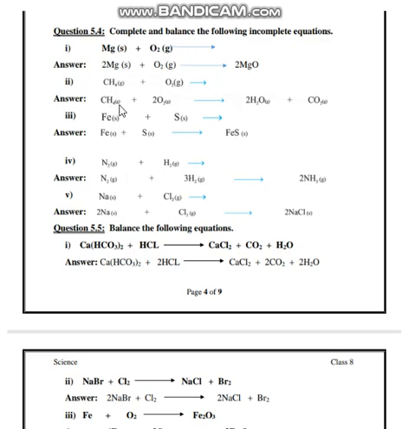Now we will add the coefficients. To balance the oxygen, we have to add a coefficient. We multiply it by 2, then it will become 4. 2 multiplied by 2 gives 4 oxygen atoms formed. In the product, 2 oxygen atoms are here and 1 oxygen atom is here, that is a total of 3.